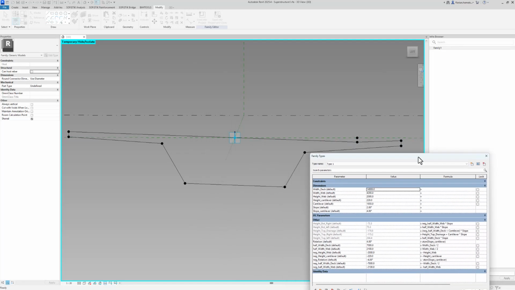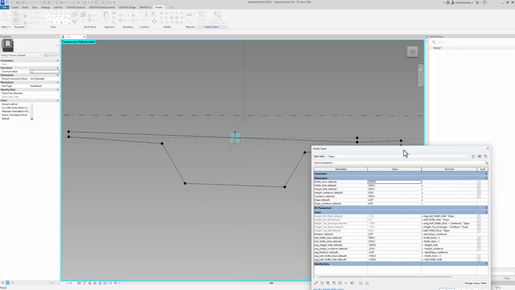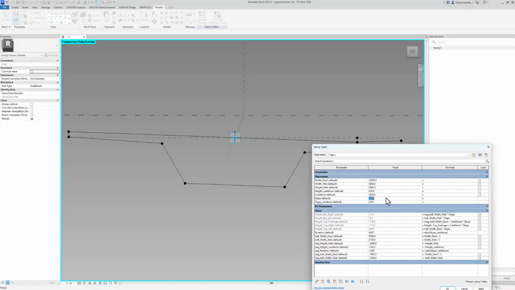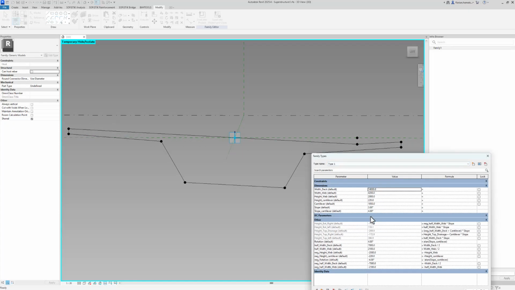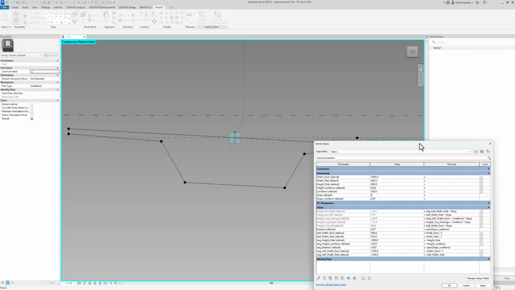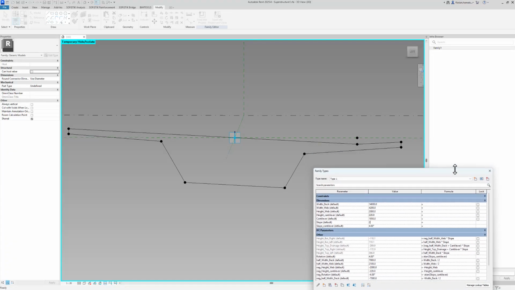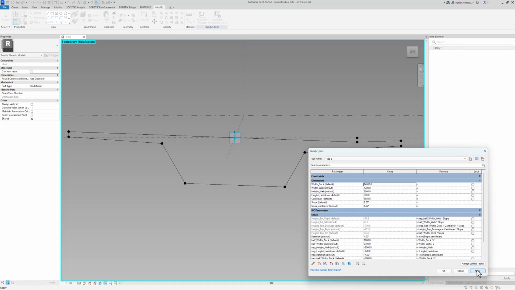Alright, let's play around with the parameters a little. You can see here that the slope is assigned to 2 degrees for now. I change it to 3. Click on apply and let's see what's happening. The program immediately updates the geometry. Can also move it back to 2. Let's make this window a little smaller.